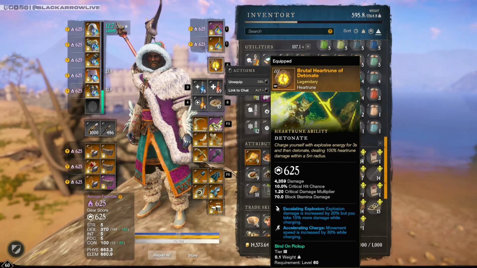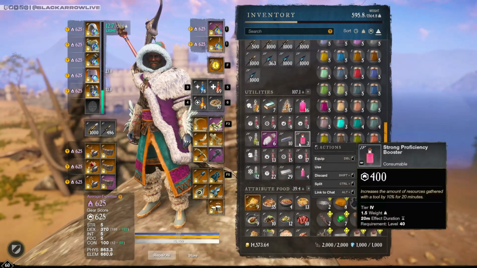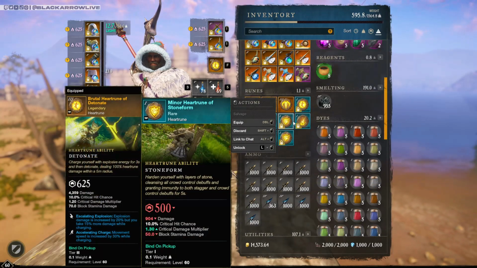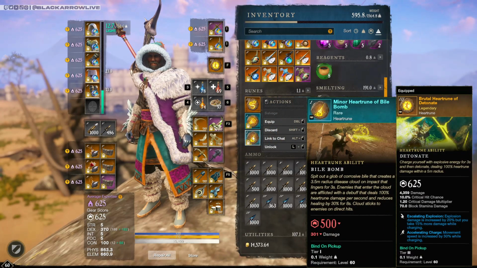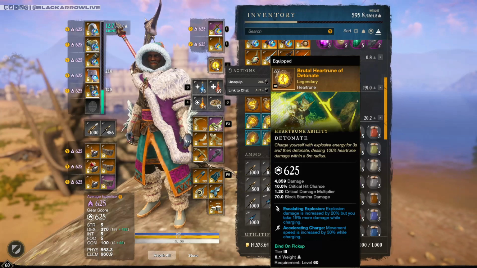We are running the Brutal Detonate because I have not gotten a chance to craft up any of these guys, the Bow Bombs. So I haven't got a chance to try these out yet, and very soon I am going to craft these up and give these a try. So if these replace Detonate in that spot, I also will update it in the link and try that out, but I haven't had a chance to use it. I haven't even put the blue ones in and used it as well